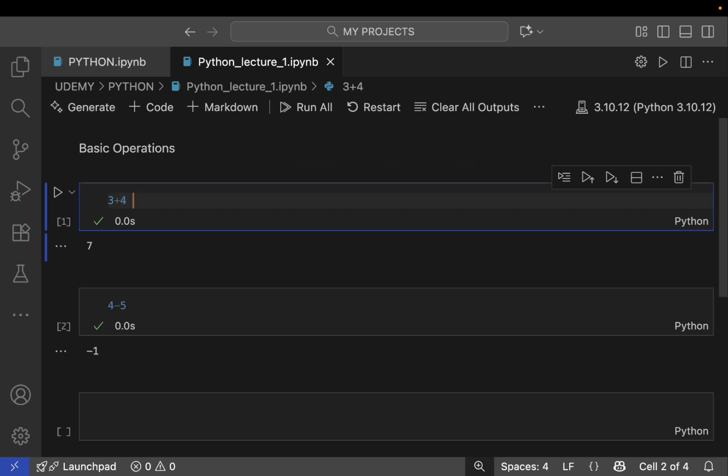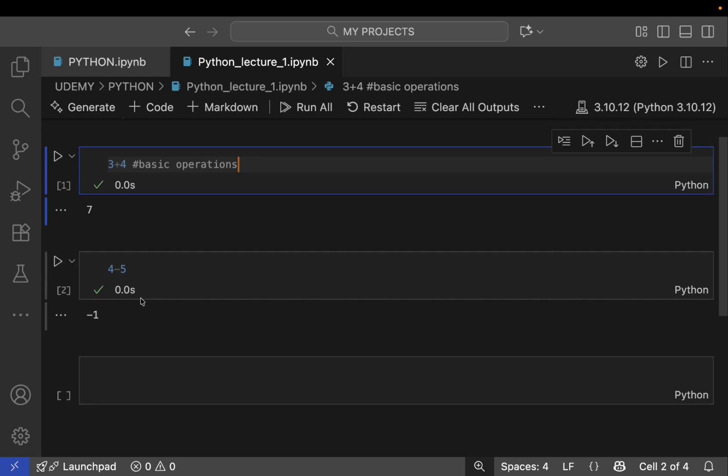And if you want to leave a comment within the code cell, just simply press, if you're using a Mac, Shift and 3. You will see this icon, and this operator indicates a comment. If you write this down, then whatever you write after this will not be counted as a code piece. You can write again basic operations, so it's related to making a comment. Okay, I think we understood it. Let's move on